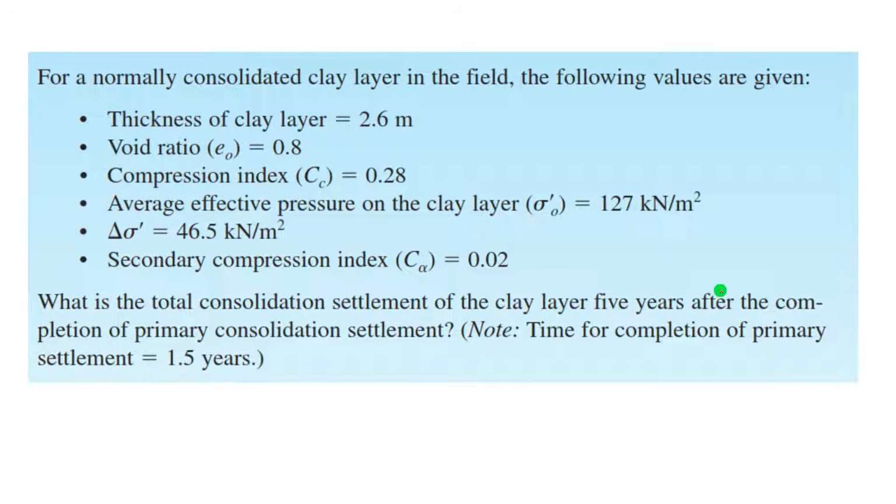For a normally consolidated clay layer in the field, the following values are given. The thickness of the clay, which is 2.6 meters. The void ratio, E0, 0.8. The compression index, CC, 0.28. While average effective pressure on the clay sigma prime 0 is already given, which is 127 kilonewtons per square meter. Delta sigma prime is equal to 46.5 kilonewtons per square meter. Secondary compression index C alpha